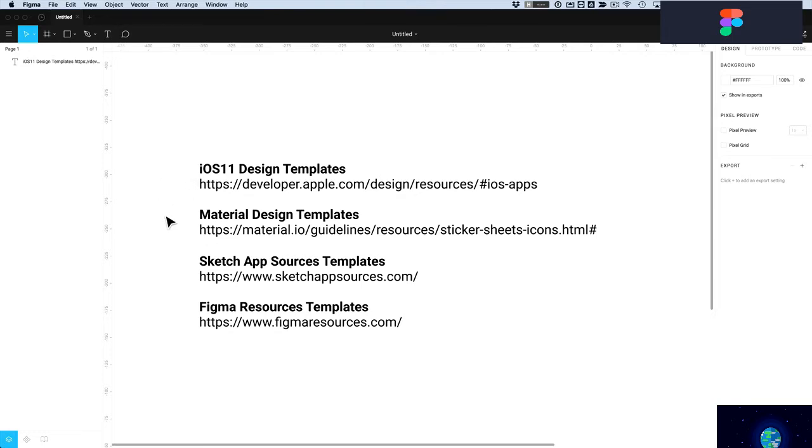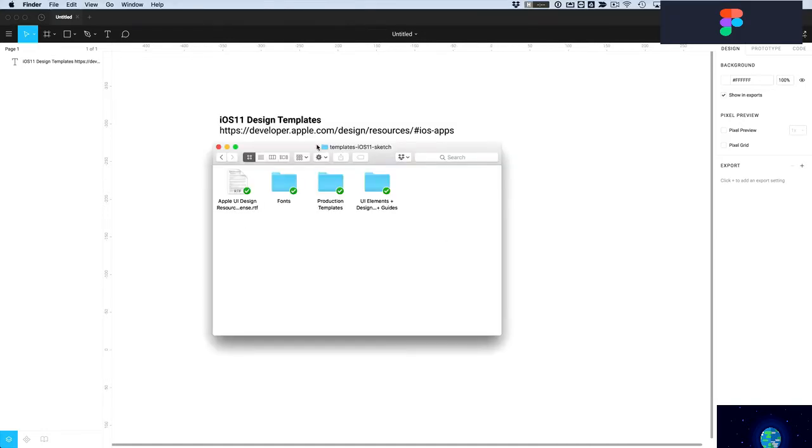Alternatively, if you're designing for Android, you can get the material design template here in material.io. And these 2 links below are community resources for Sketch files and for Figma files. So take a minute to visit these links and familiarize yourself with a few templates, because it could really help save some time. For example, if you download the iOS 11 design template from developer.apple.com, you get this folder, and